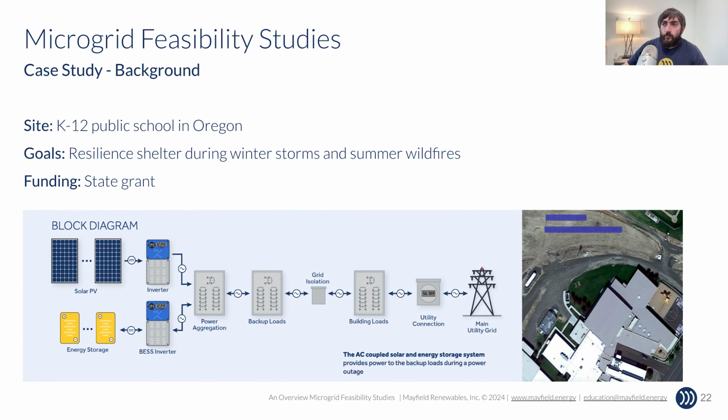With these two goals in mind, we performed our feasibility analysis. This block diagram on the bottom of this slide shows where we ended up. I will talk you through the process of how we got here, but it ended up as a ground-mounted PV system, AC coupled to a containerized battery system that powered a selected set of backup loads